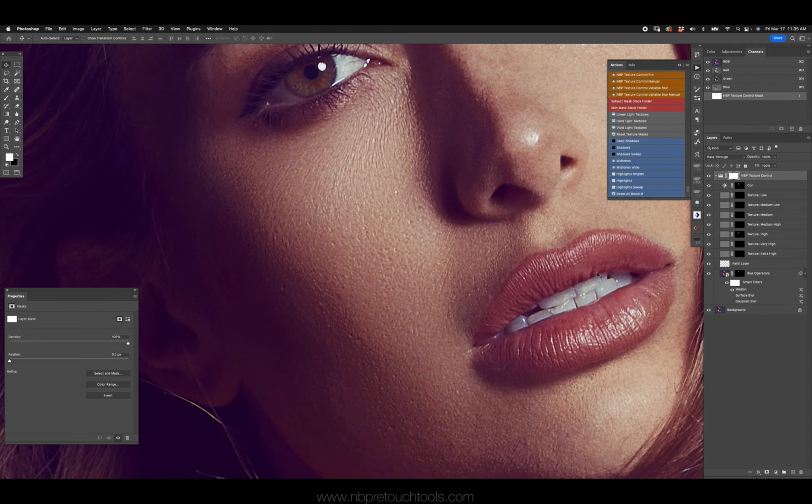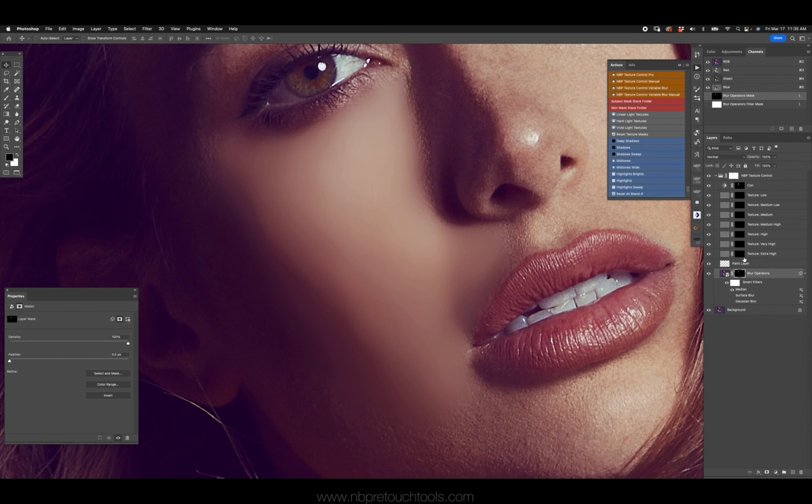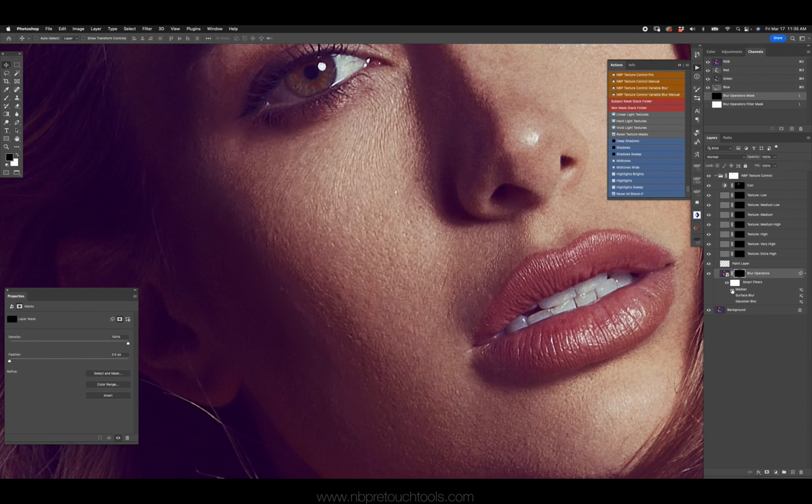So it's about flexibility. I'm not saying this is your new way to edit skin. I'm not saying that. I'm saying this is a way to control texture, whether you want to sharpen or whether you want to smooth out certain types of texture like broader frequencies and preserve higher frequencies. You have flexibility and that is the key. That's the entire point. So let's reset our texture masks. I'm going to manually reset my blur mask and I'm going to change it to Gaussian. Okay, let's do